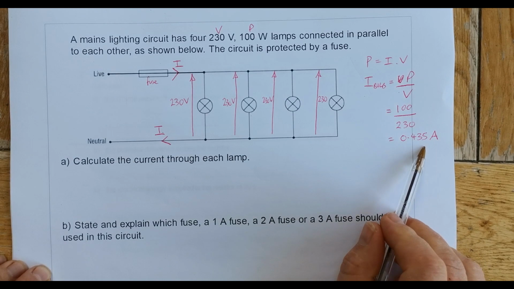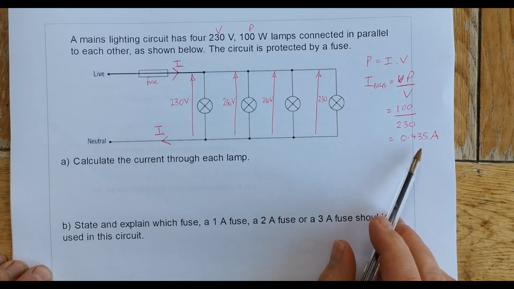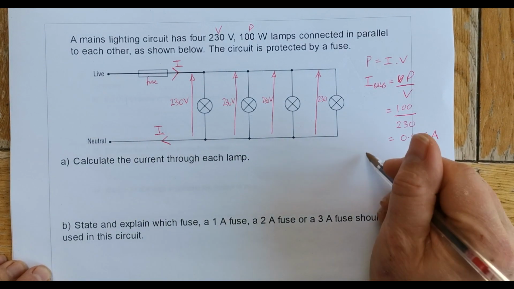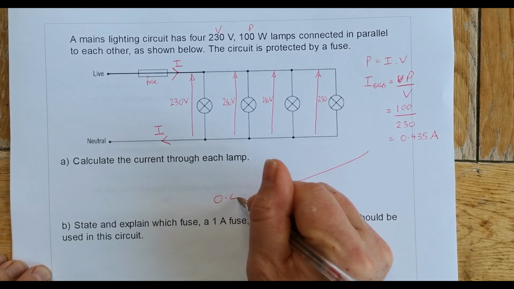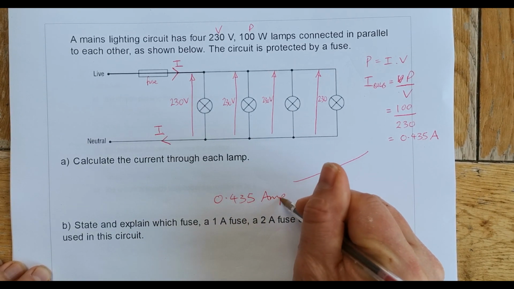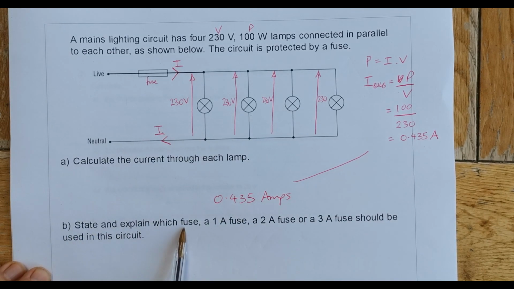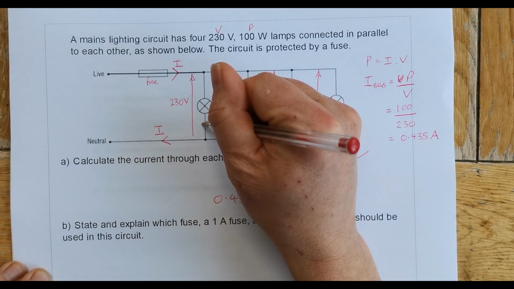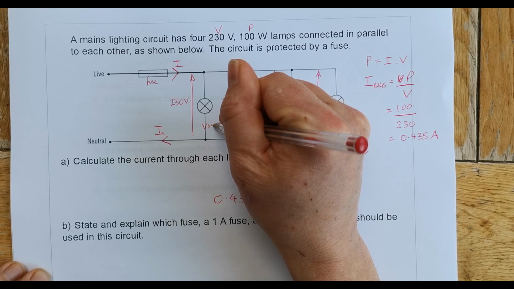And so you might think, well, I'll be okay, so that's my answer here. That is actually my answer, 0.435 amps. State and explain which fuse, a 1 amp, a 2 amp, or a 3 amp fuse you should use in this circuit. Well, you might initially just think, well, I've only got 0.43 amps. But if I look carefully, I've got 0.435